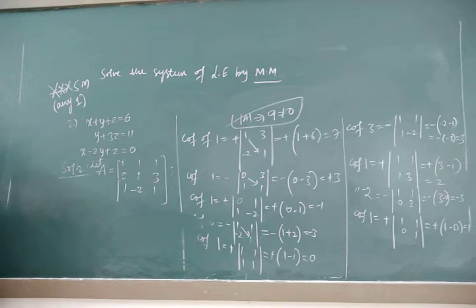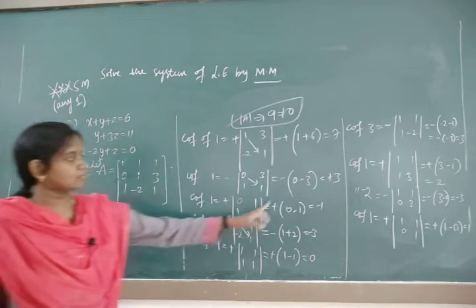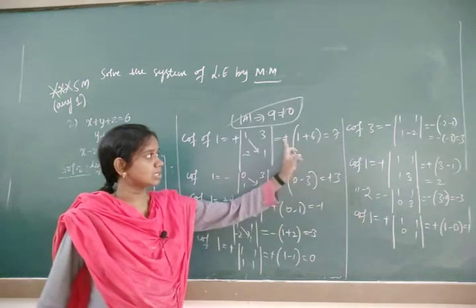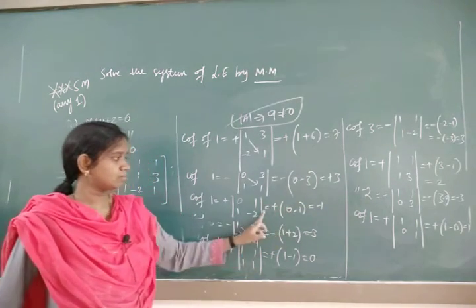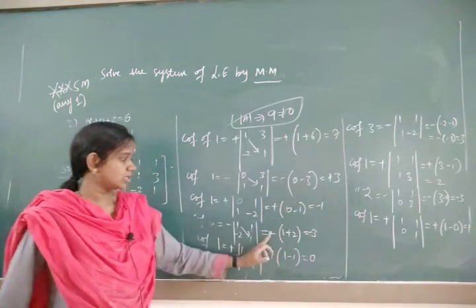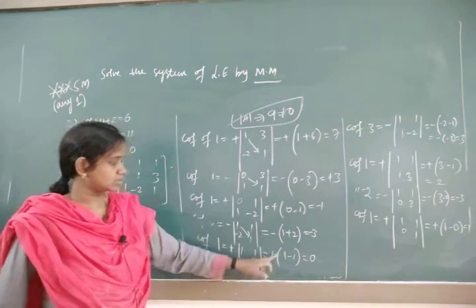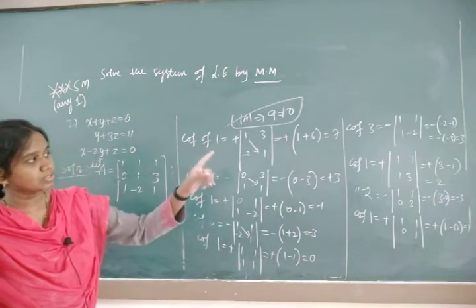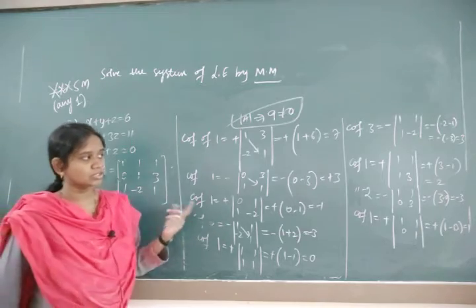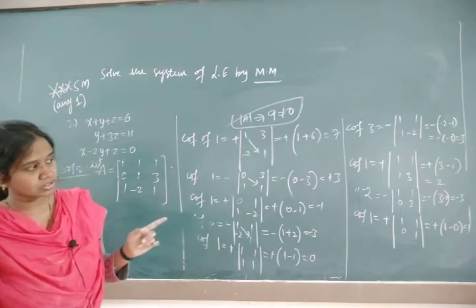Check it out. It's a 3, minus into minus plus 3. It's a 7. It's a minus 1, plus into minus. It's a 0. That one is minus into minus plus 3. Next 2. Next minus 3. Next 1.